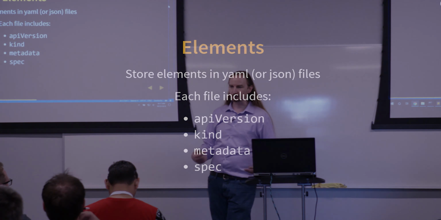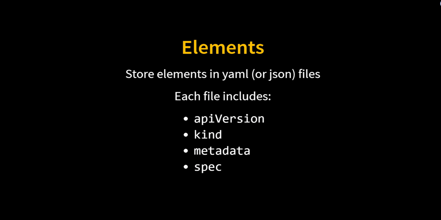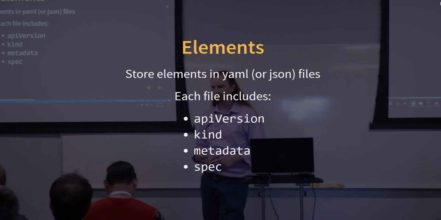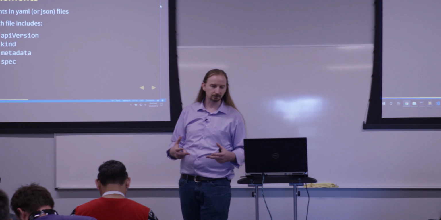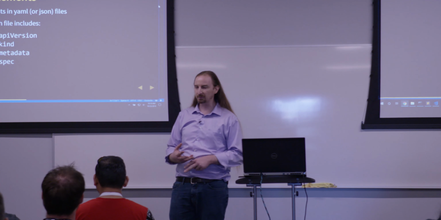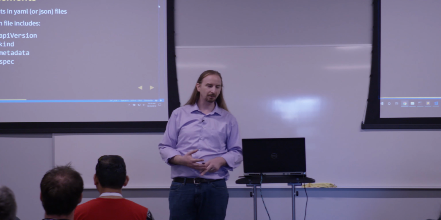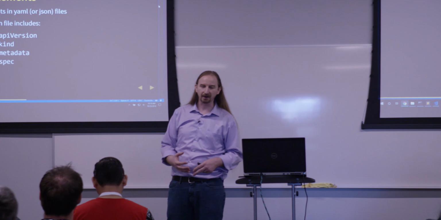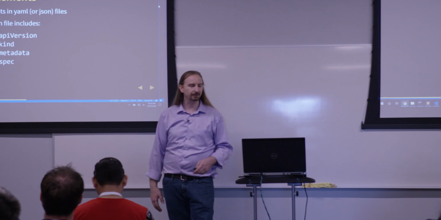So all of these are described in a YAML file. Yeah, technically you could do it in a JSON file, but nobody does. So we have a YAML file that has, for the most part, 4 sections. The API version and kind gives us a namespace and a class name, type name, and a namespace. And then we'll have metadata, associated data about that thing, and ultimately the spec that details how to build that thing. So here's an example pod file.